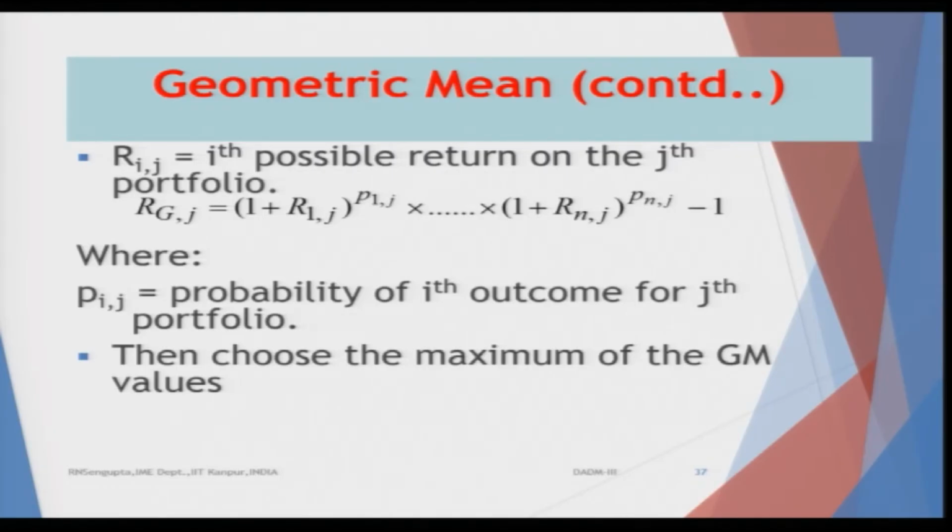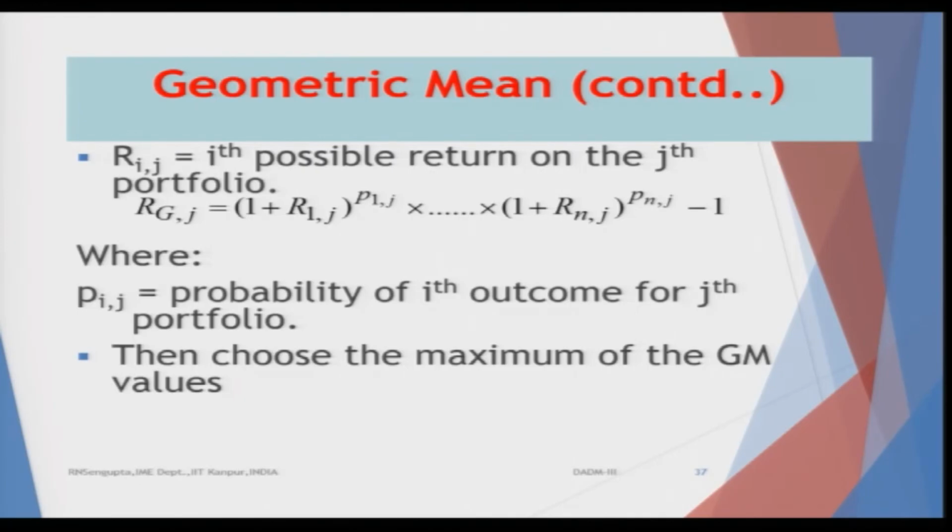So, how does the geometric mean work? You basically find out Rij, which is the ith possible return for the jth portfolio. So, I have basically different returns in a basket for the jth portfolio: J1, J2, J3, J4 till, say, J10, and each of them would have i equal to 1 to n such decisions. If I want to find out the overall expected value, I need to find out the overall geometric mean, such that the geometric mean will give me the ranking of the utilities.